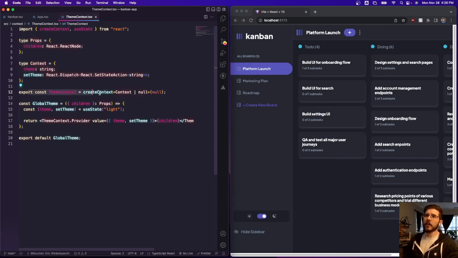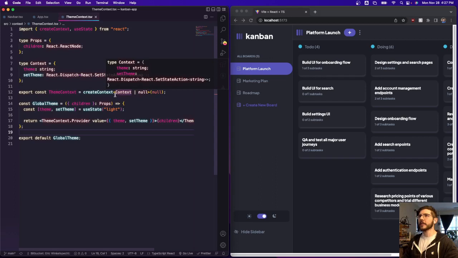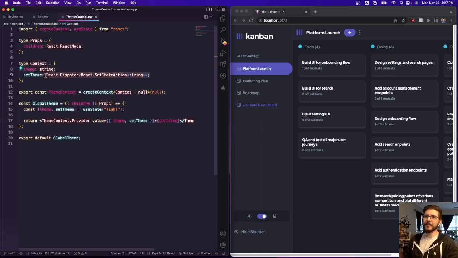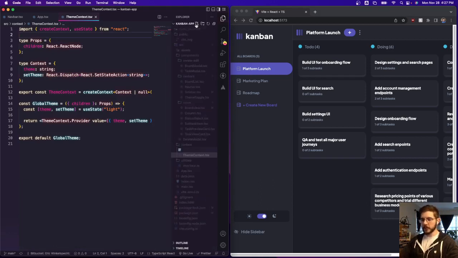We export our context from createContext, naming it whatever we're naming it, and then we have our actual functional component here, or useContext component, where we set our provider, right? So we'll walk through this and actually type all this stuff up, so we see where we can get these things like this type here, the set theme type, because these can be a little bit confusing when it comes to TypeScript and React. So I'm just going to open up a new file over here, and we will just do test